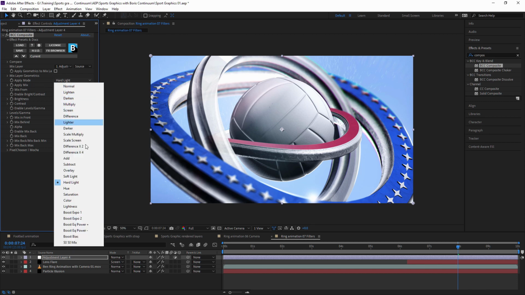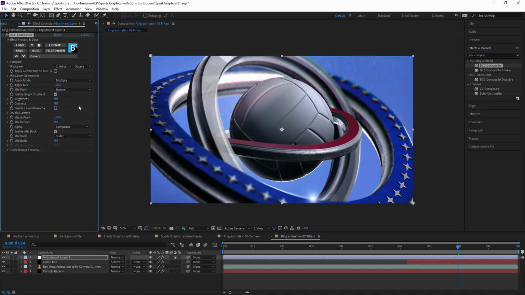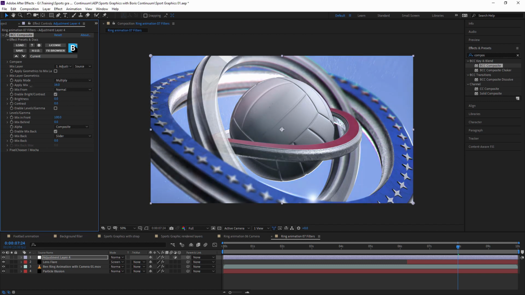And I'm going to change my apply mode to multiply on this, and just bring this back. Of course, we could color correct this up, but I actually like what this does to it in a nice sort of easy, fast way. Just bringing in and scaling in the shadows a bit more. I kind of like that.